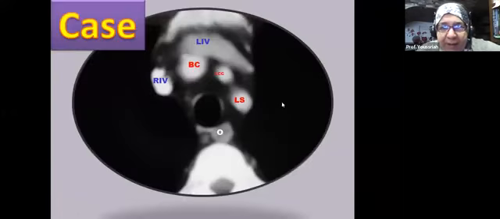This is an axial mediastinal window image of a CT after IV contrast. To say this is a mediastinum, anatomically, we have to have the sternum anteriorly. If we don't see the sternum anteriorly, we are still at the root of the neck. Now, seeing the sternum, this is a mediastinum. We have the spine behind, and this is the trachea, and in between the trachea and the spine we have the esophagus. From behind forward, we have the left subclavian, LS, the left common carotid, LCC, and the brachiocephalic